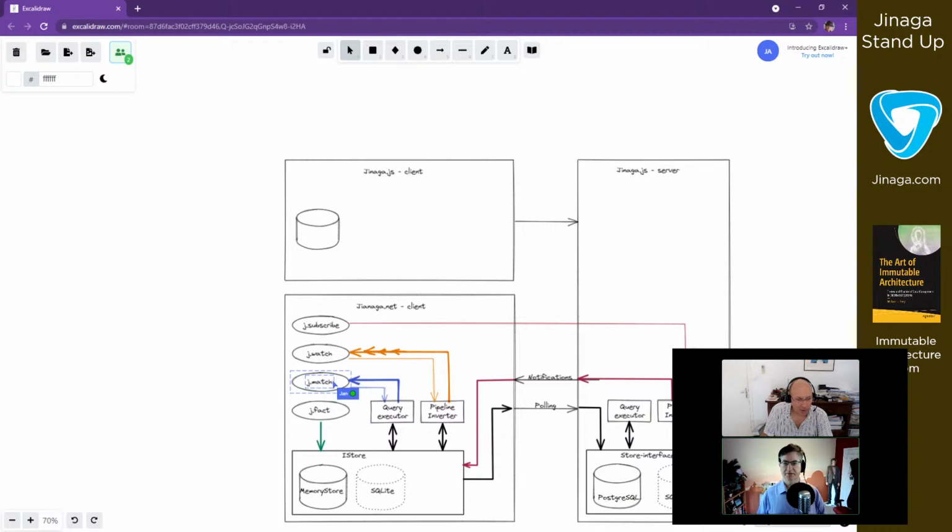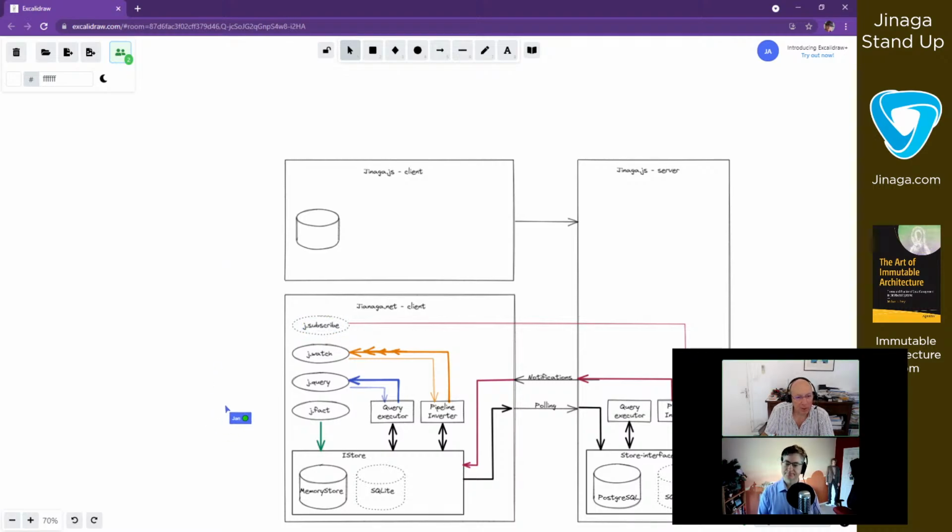JDAP-match is only a mechanism in Janaga.js to build specification functions. And in Janaga.net, JDAP subscribe is not yet implemented. Okay, so this one we will drop.